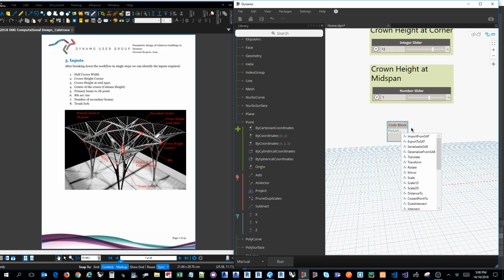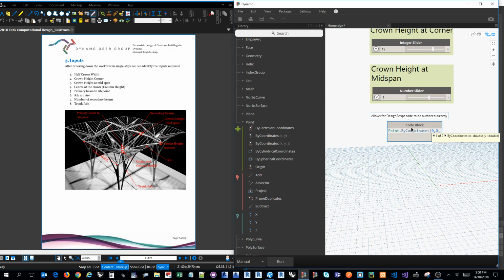So if we write Point.ByCoordinates, we can set the x and y values to be 0, 0, to be in the origin, and then we need to define the column height,